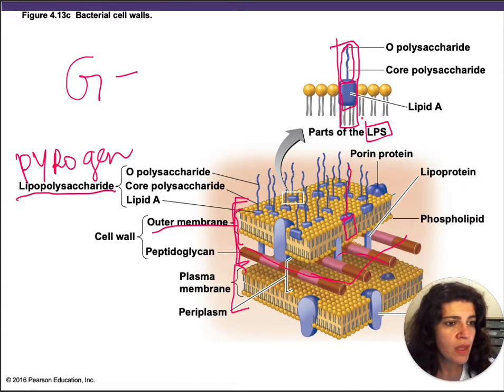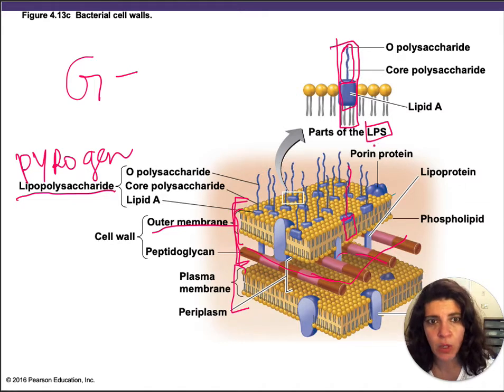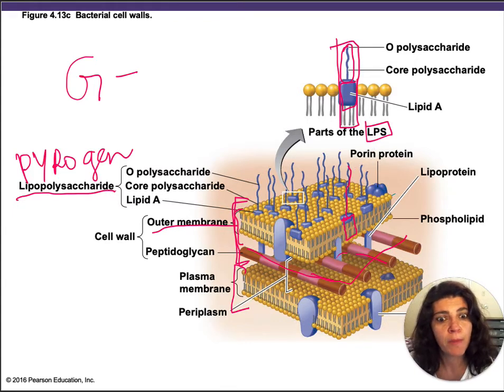Okay? So that's the main function of LPS. LPS is also considered an endotoxin. We're going to talk about that later. So do only gram-negative cell walls have LPS? Yes. You're not going to see LPS in gram-positive cell walls. Okay? So that's one of the main differences, because this is a molecule that ends up being very, very virulent